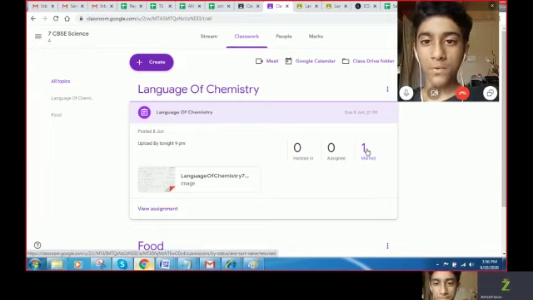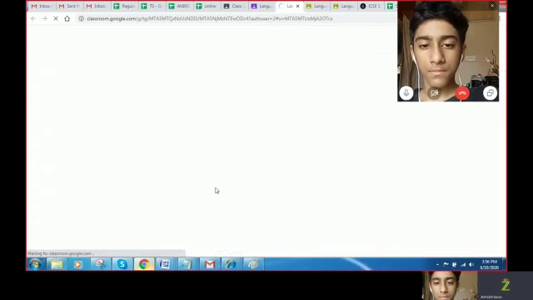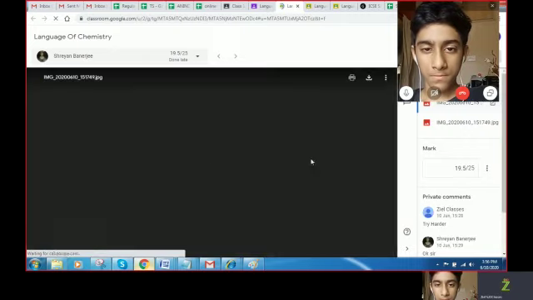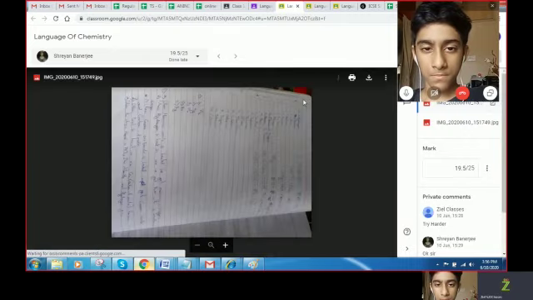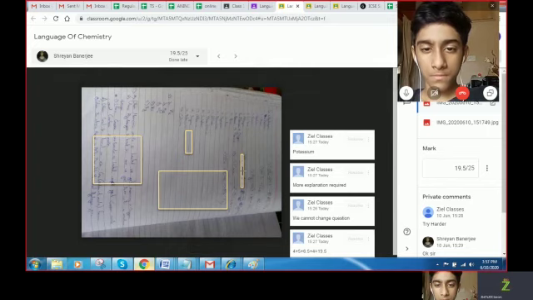As soon as I open in marked, the one that you had sent me opens up. I click on it and there is a separate window that opens. Here your answer sheet is there. Now the teacher has checked and marked. This is a new way of checking. There is a proper comment box.